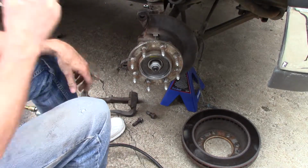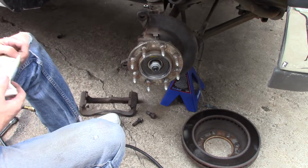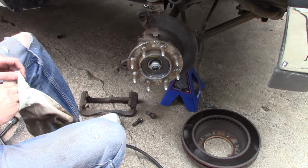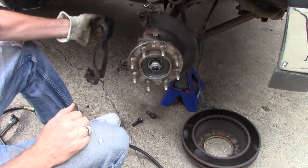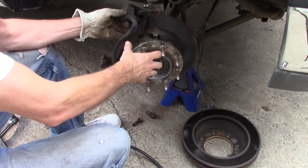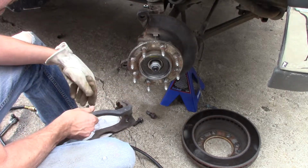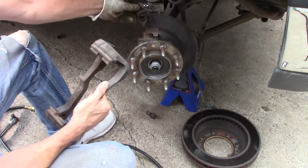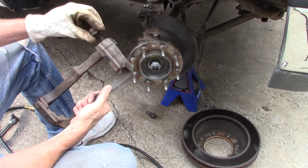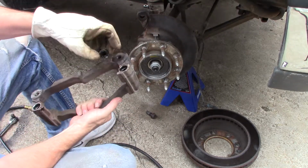I did end up having to get my torch set out to heat these bolts up. You've got to be careful doing that also, because here's what ended up happening. Your bracket sits here. Of course, your rotor will still be on at the time, and the bracket sits there. The bolt, of course, goes through this and into this bracket. Well, by heating this up, unfortunately, in this hole is where that